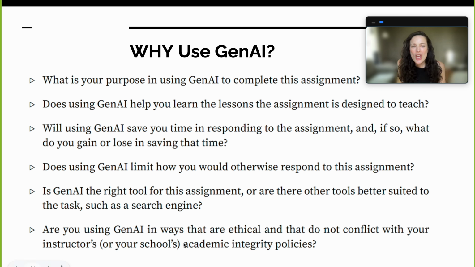And then, of course, are there any ethical things that are popping up at you as for why you might not want to or need to use this tool, especially if it conflicts with academic integrity policies or ethics policies in your workplace? So the first step of deciding if you're going to use GenAI is going through these questions and getting clear on the answer for that, for yourself, for that specific purpose and context of the task and